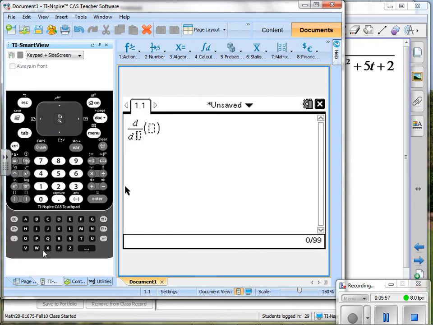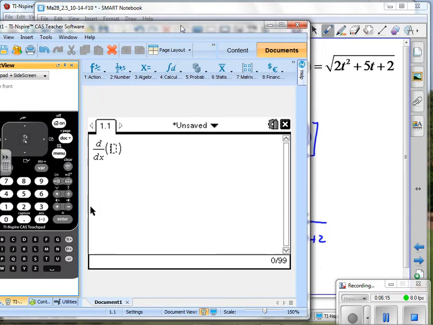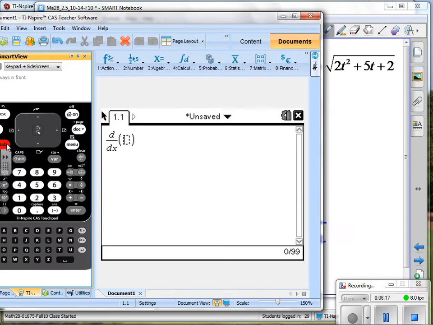What's the first thing you have to put in when you use the Inspire to find a derivative? The variable, the input variable. You have to do that. Now I'm going to put in an x like I had in my mistake. And what was the rest of that? There it is. If I come over here and put in 2t squared plus 5t plus 2,